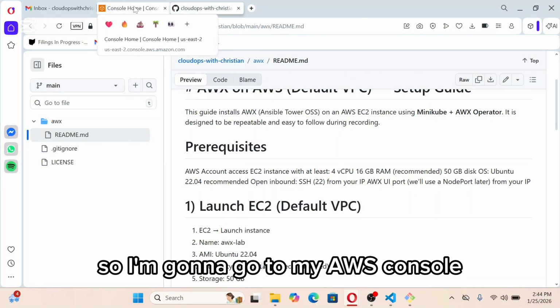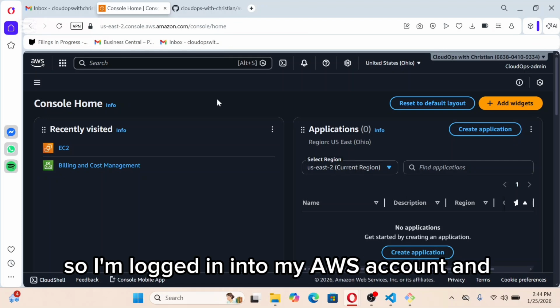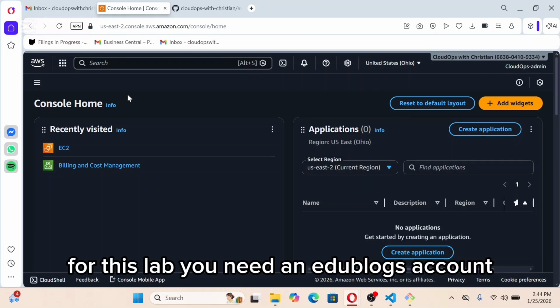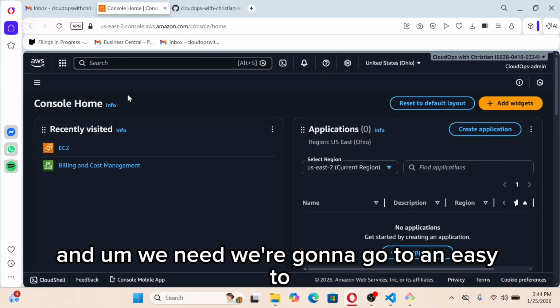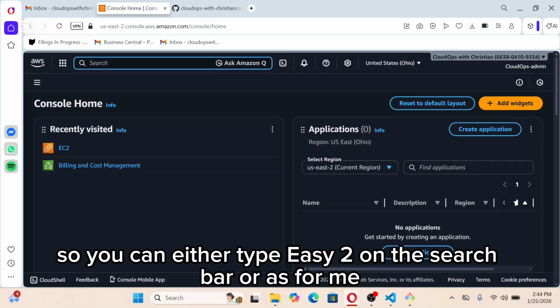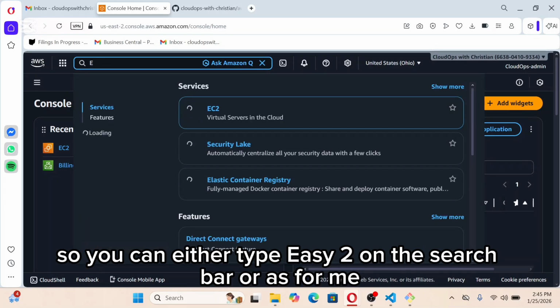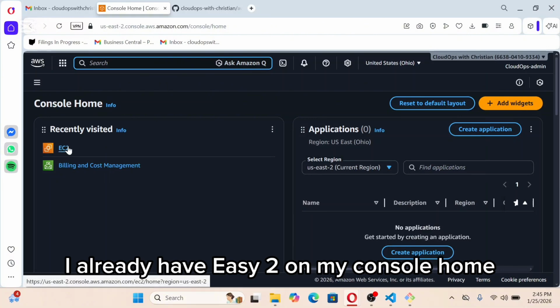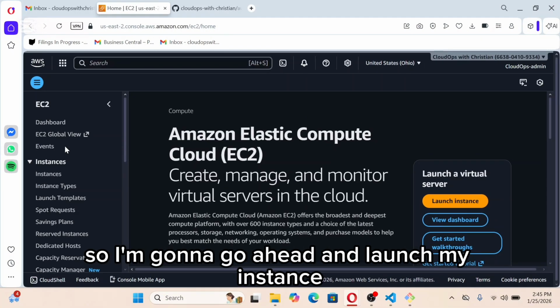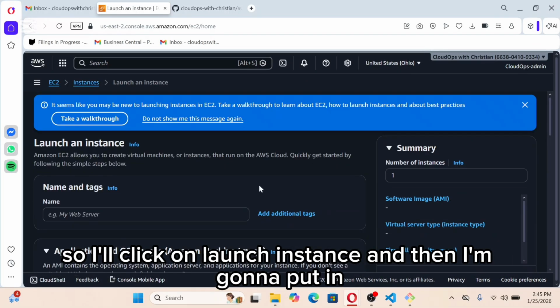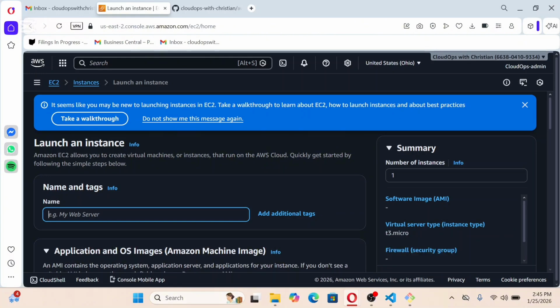So I'm going to go to my AWS console. I'm logged into my AWS account, and for this lab you need an AWS account, which is the prerequisite. And we're going to go to EC2. You can either type EC2 on the search bar, or for me, I already have EC2 on my console home. So I'm just going to click on EC2, and it will take you right to the EC2 service. I'm going to go ahead and launch my instance. So I'll click on launch instance,